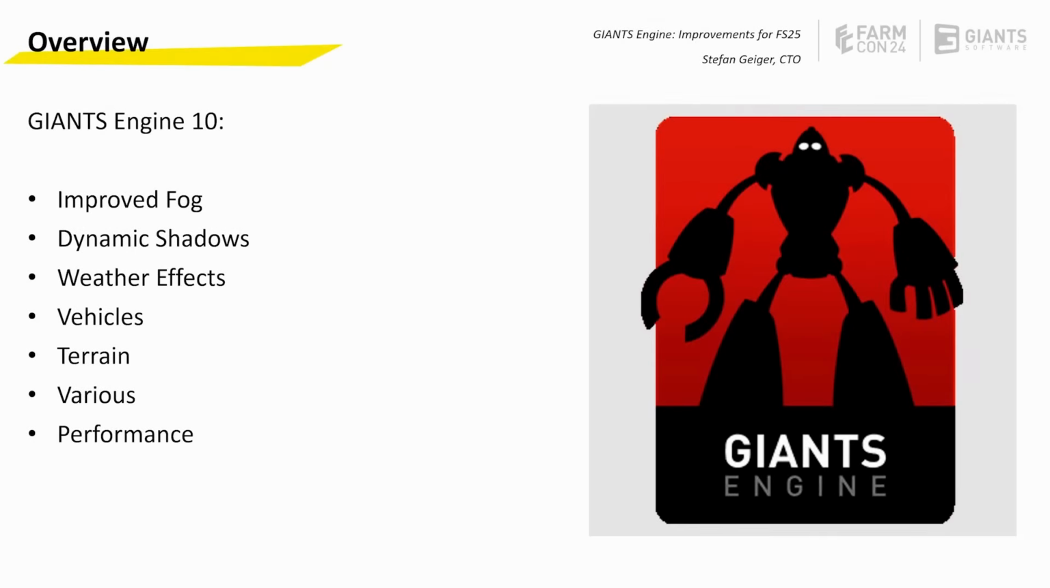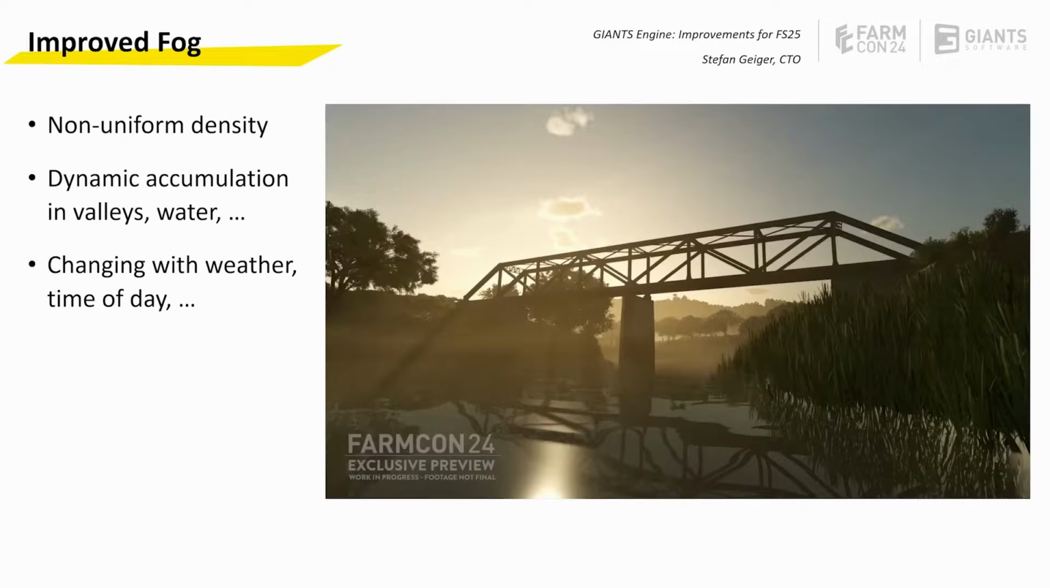Okay, starting out we have an overview of everything that we'll be seeing, and I'll get straight into the first thing, which is improved fog. So you'll see we have non-uniform density, which means that the fog will form in different densities around the map. Then there's dynamic accumulation in valleys and water, which will make the fog form differently over water and in valleys to other areas of the map. Then changing with weather and time of day is exactly what it says it is, so there's no point explaining